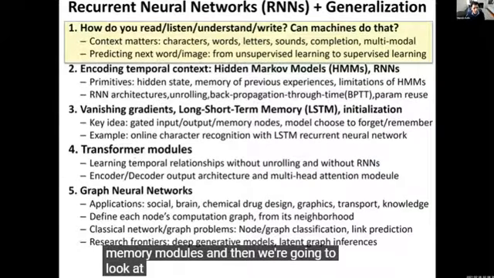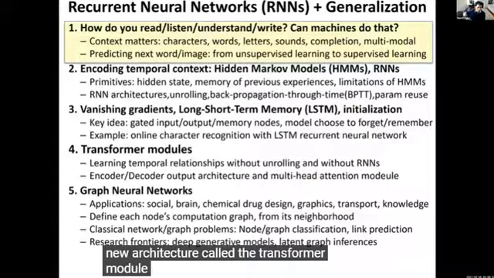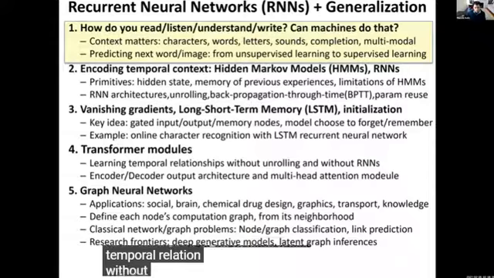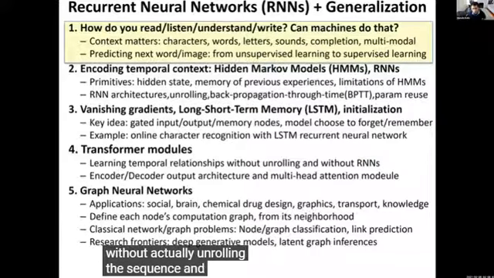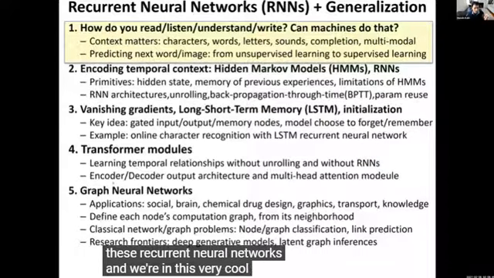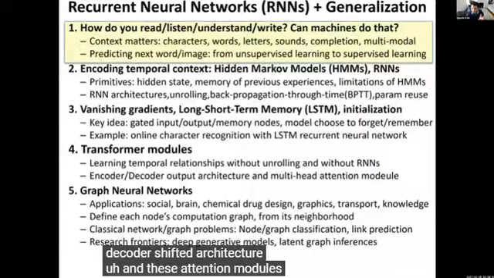And then we're going to look at a very cool new architecture called the transformer module that actually manages to learn these temporal relationships without actually unrolling the sequence and without actually using these recurrent neural networks. And we're going to look at these very cool encoder, decoder, shifted architecture, and